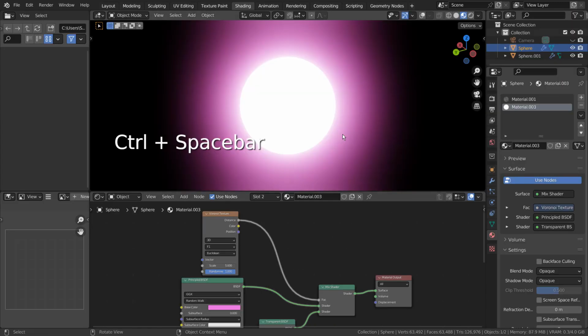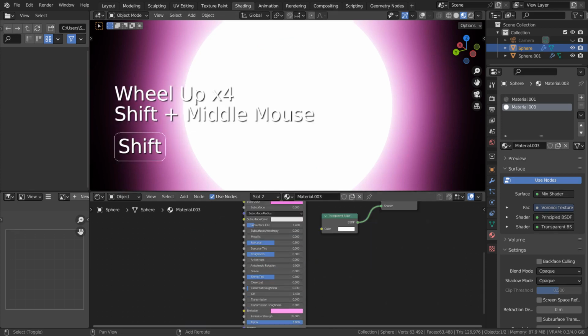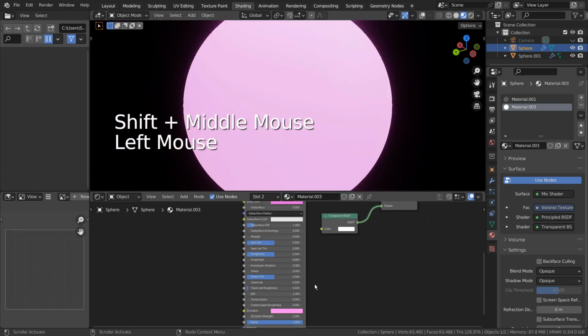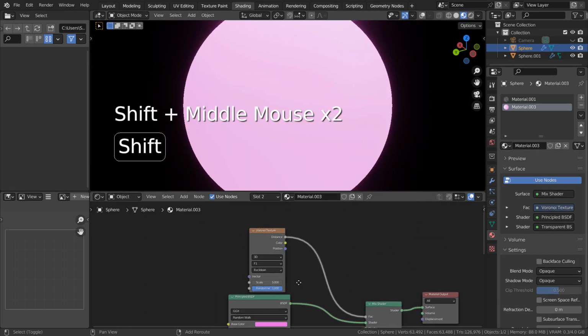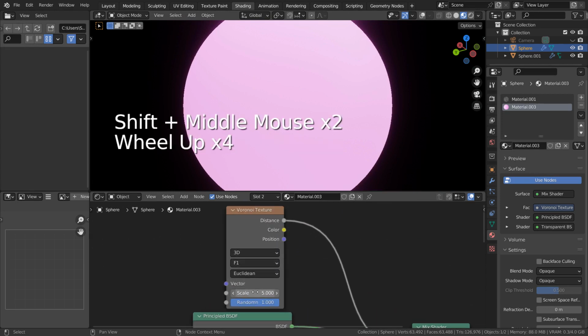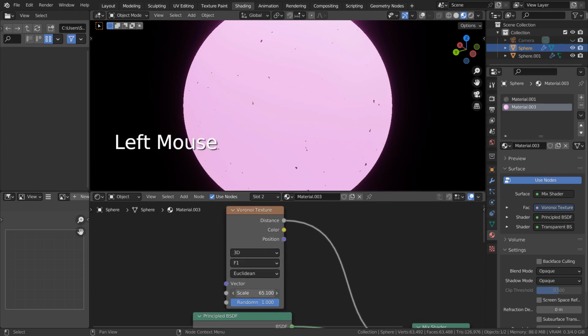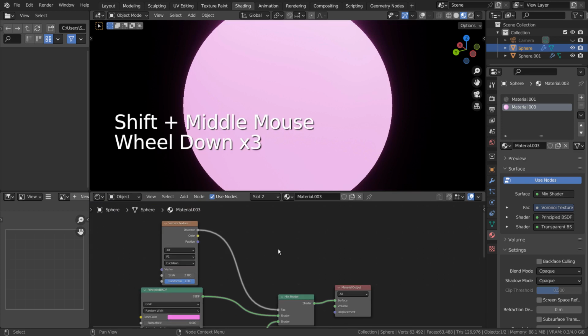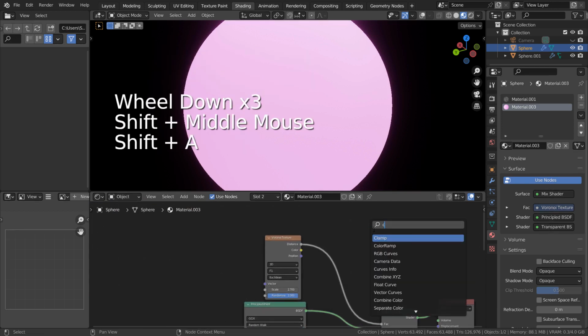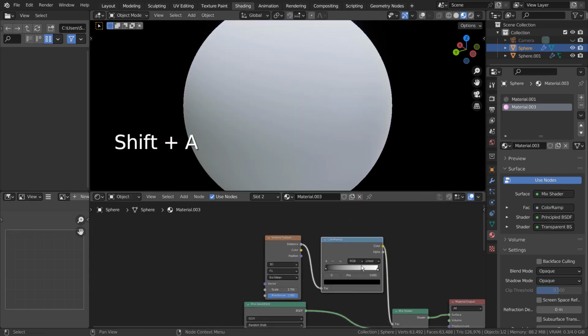This won't do much either, because alpha status is decided by black and white colors. Once we add a color ramp node, then we can see the transparency.